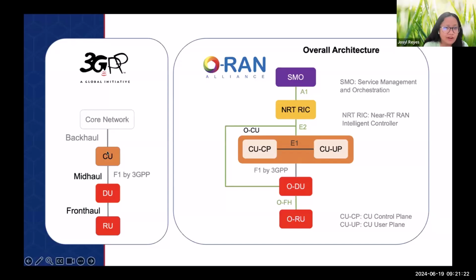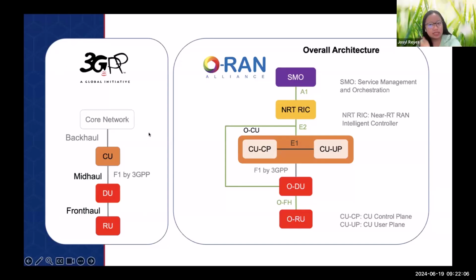So if they are separated, they are not on the same device or same product. The CU and DU are connected by the mid-haul interface. The mid-haul interface, as defined by 3GPP, is what we call the F1 interface. And then the DU and RU connection is defined as the front haul interface. This one depends kung ano kasing split options yung gagamitin. Di ba kanina meron tayong CPRI, eCPRI, and FAPI. So essentially, the front haul interface connects the DU and RU. And so ito yung sa 3GPP.